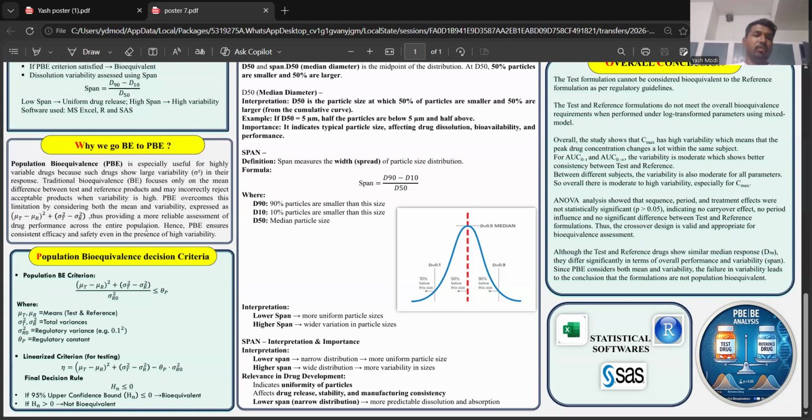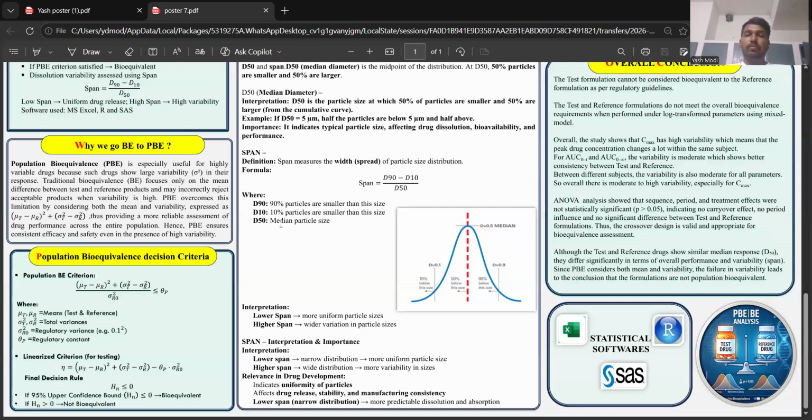And this is our population bioequivalence decision criteria. Population BE criteria is here in formula. Then these are the parameter definitions and the linearized criterion for testing. Data values have been taken, and the final decision rule is the 95% upper confidence bound, Hn. Less than or equal to 0 is bioequivalent,